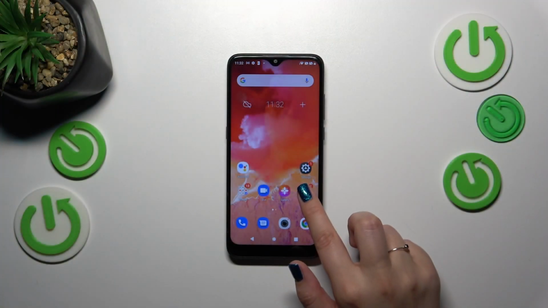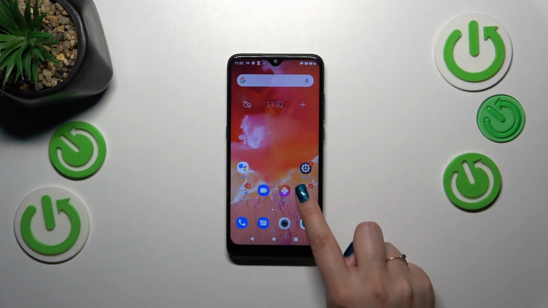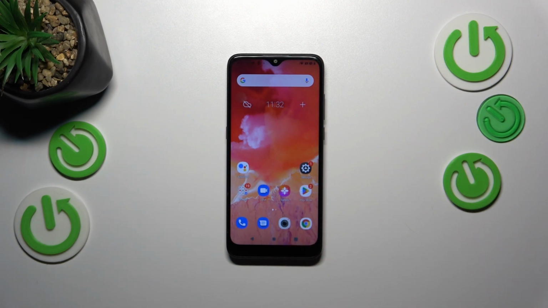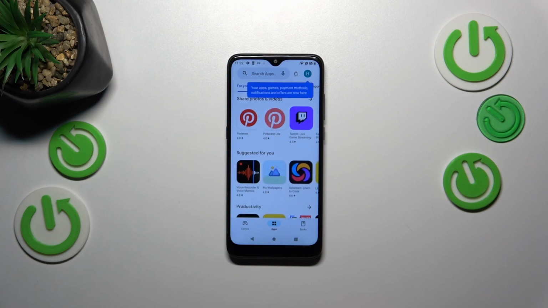So let's start with opening the Google Play Store, and before that make sure that you've got the internet connection because it is required, and I highly recommend to use the Wi-Fi instead of mobile data. Of course, if you've got your Google account currently added to the device, you do not have to do any additional steps. If not, you have to either log in or sign in, so create the account, and after that